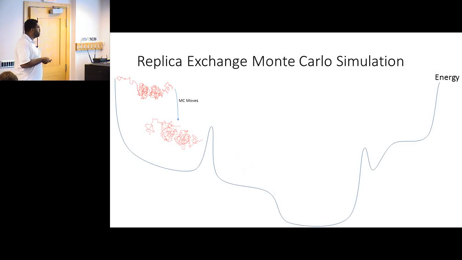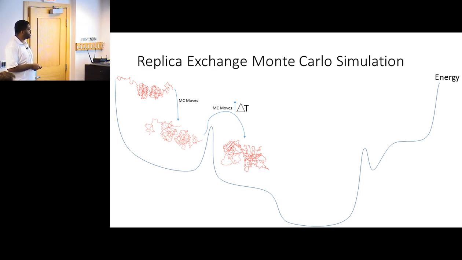So a real quick note on how these simulations work is we're starting from our template and our initial model, and we'll allow some moves to happen to try to go further down in our energy field. And sometimes you reach these energy barriers where you can't go over. So we have this method of changing the temperatures during the simulation, and this will allow you to get over barriers and continue down to the native energy state.